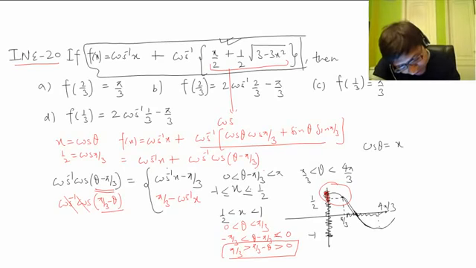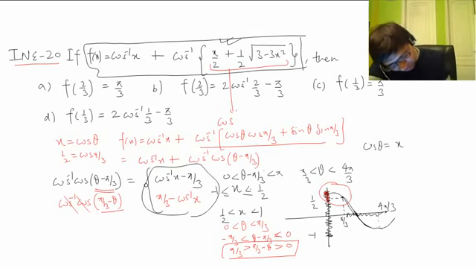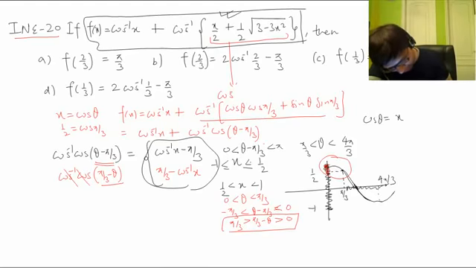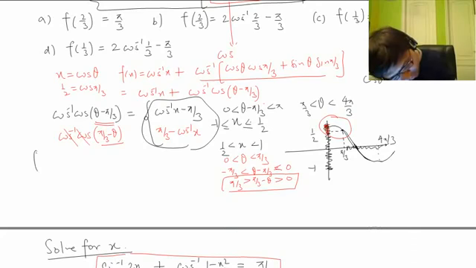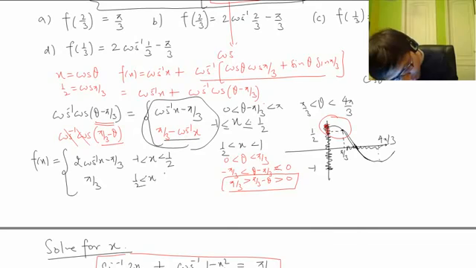So you can see that if we add this simplified form, which we derived, with cos inverse x, we add both, and we get f(x) equal to simplified form 2 cos inverse x minus pi by 3. This is for x between minus 1 to half, and if we add this with 2 cos inverse x, it is pi by 3 for values which are half to 1. Now according to this we can choose the answer choices.